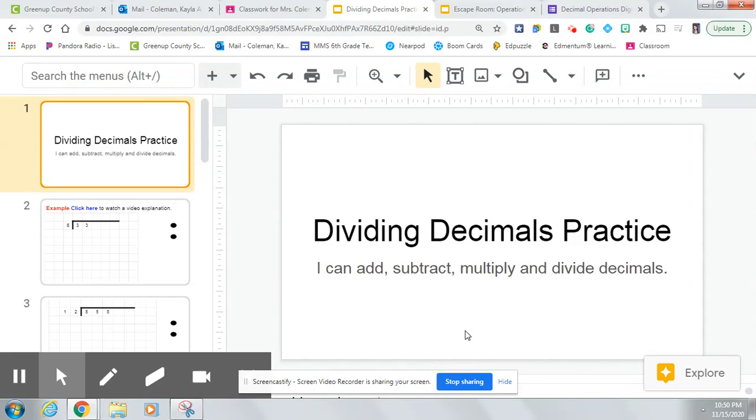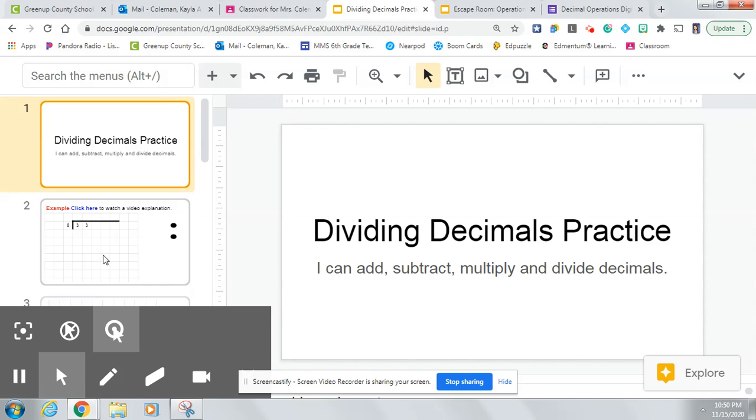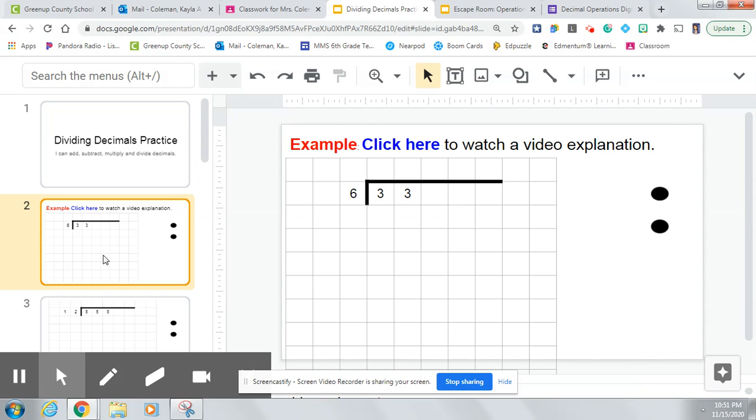Hey everyone. Today's practice is just giving you one more day of dividing decimals before we go into a study guide over all of the decimal operations. So I'm going to have 3 videos in these slides for each type of problem that I'm going to have you practice today. So this first problem is actually introducing dividing whole numbers and using decimals to figure out